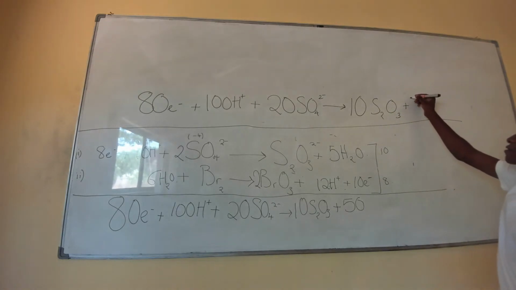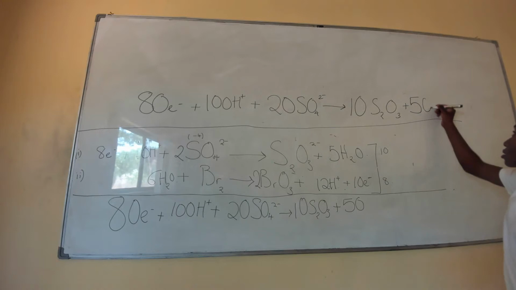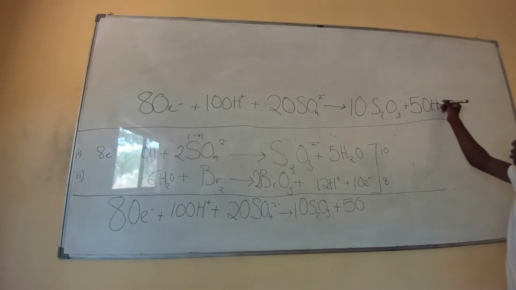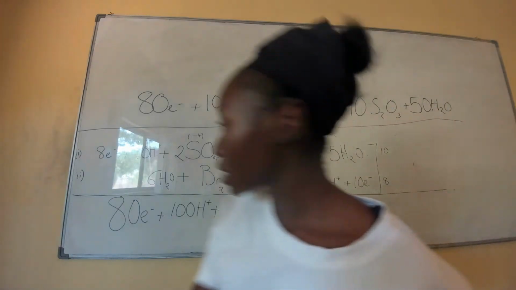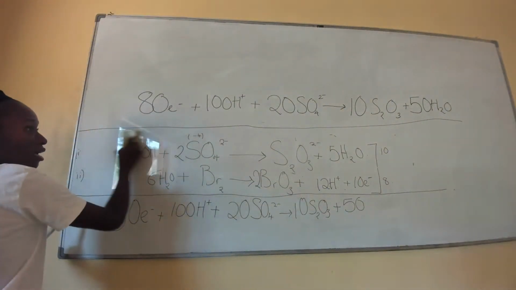So we have 50 water molecules. And then for the second equation,